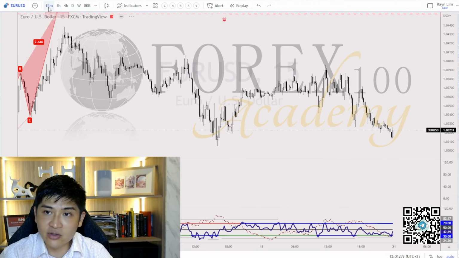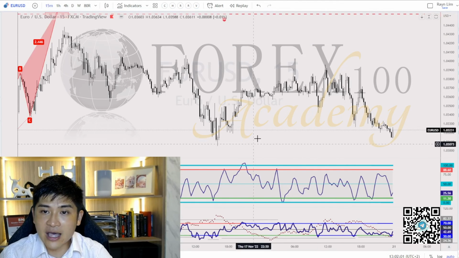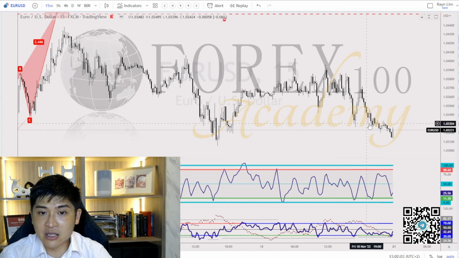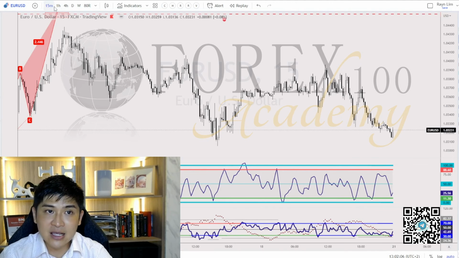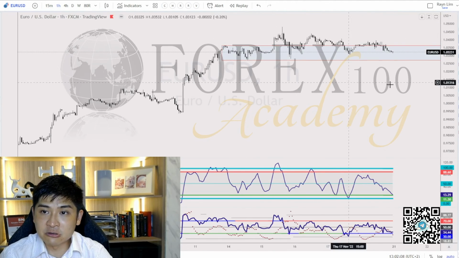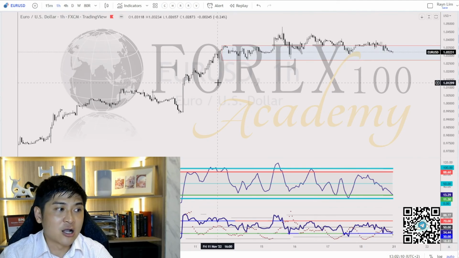You can head down to the 15 minutes and wait for any potential setups. It could be a double bottom and stuff like that on the 15 minutes to engage for this longer term